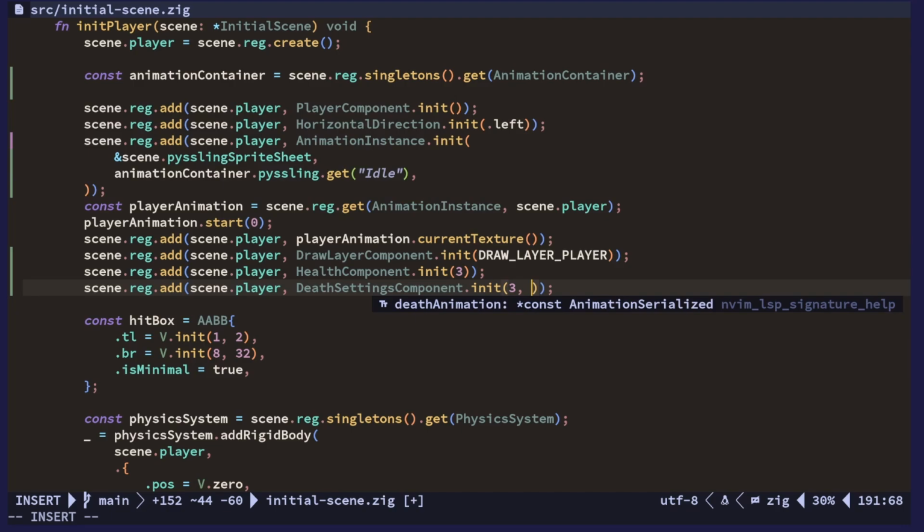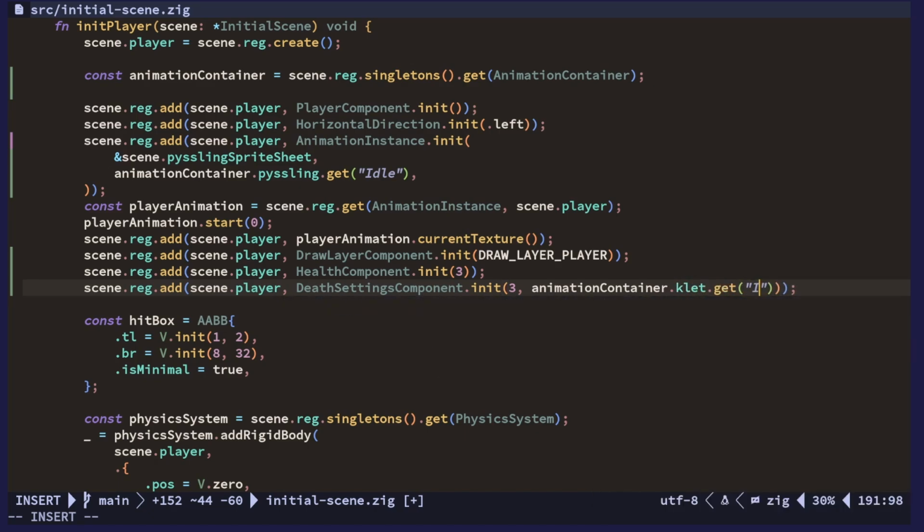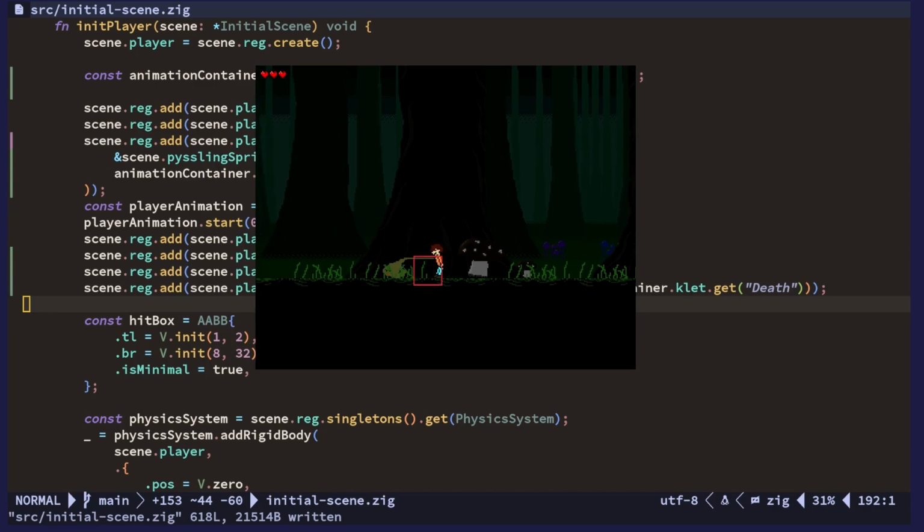And the death animation, let's actually have it be kind of weird. Let's do the monster death animation for the player. And we'll see how that looks, because that just makes it so we don't instantly